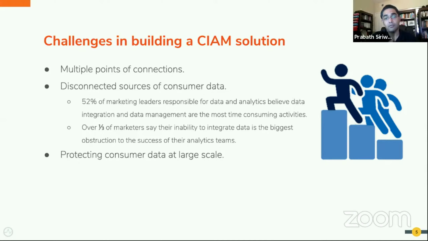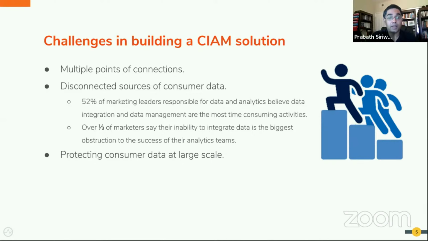Then when we have multiple channels, multiple points of connection and data sources, that leads us into another problem. Data related to the anonymous users may reside under marketing data sources. Data with respect to leads and sales might be under CRM data sources, and the identity data of customers would be under the IAM system. So with this approach, we'll end up having siloed data sources, and those siloed data sources may not know how to talk to each other.